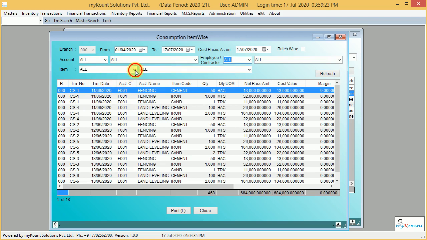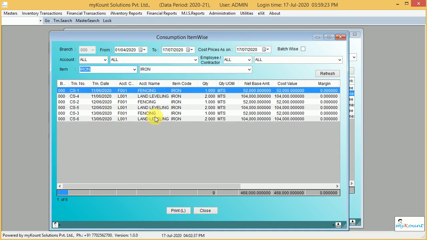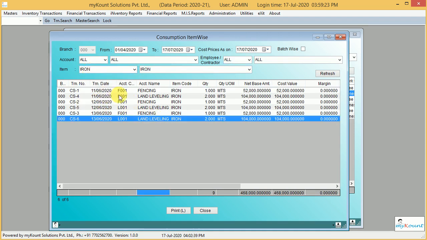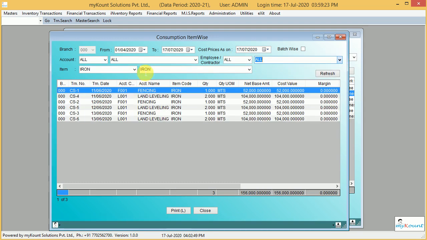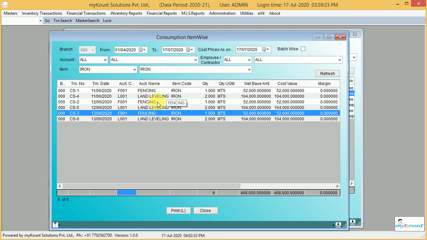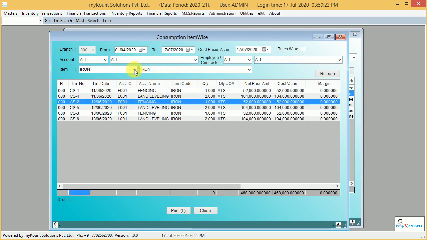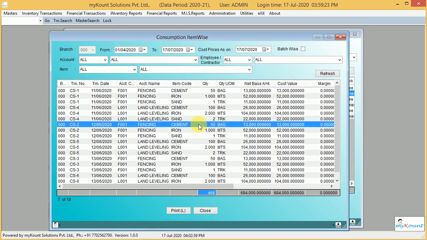After that, what is the item? So this item is used for all accounts and by all the contractors or employees. So on selection of specific person, this is combination of all these parameters. We can see the particular items, either it may be sand, iron, or cement, etc. So this is consumption of oil.